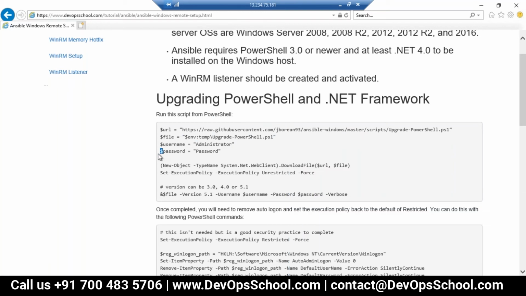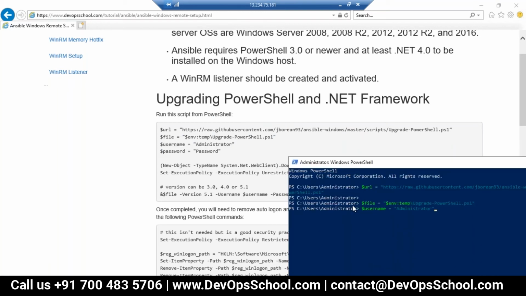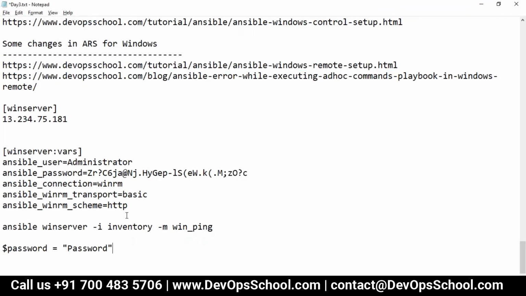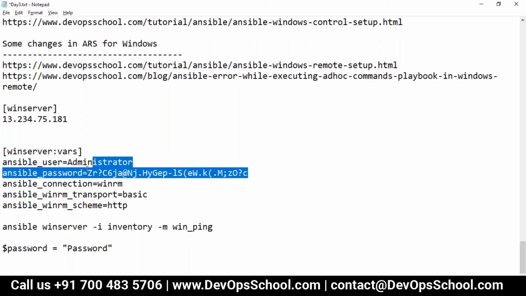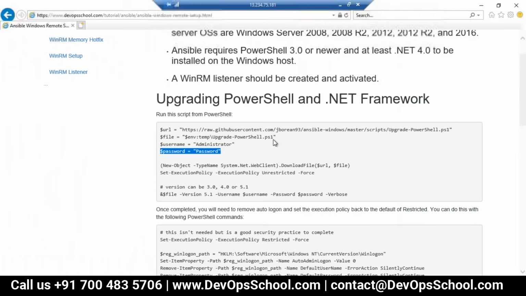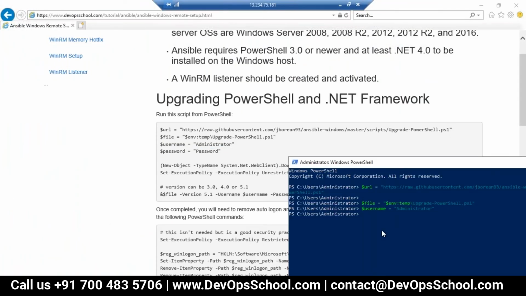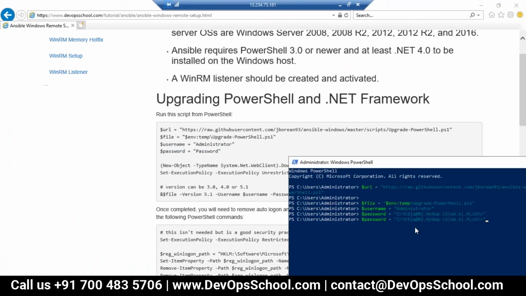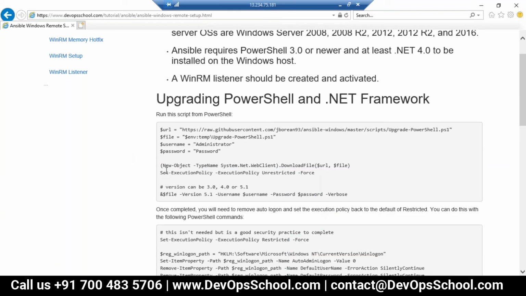Here I have to set the username as a variable, and the password I need to change because the password is very long. Copy paste. Okay, sorry, copy paste didn't happen.